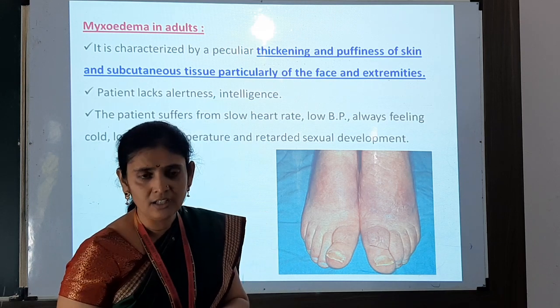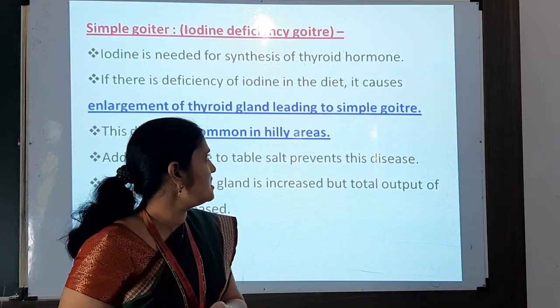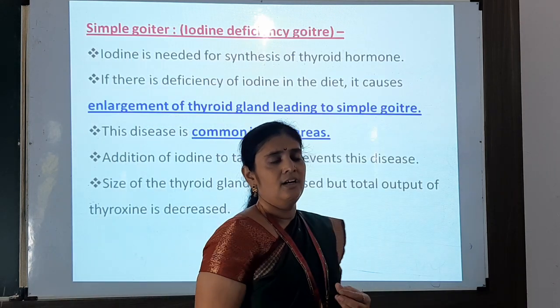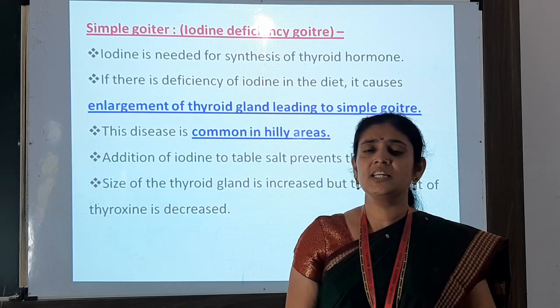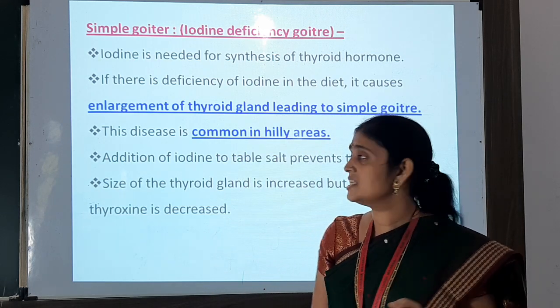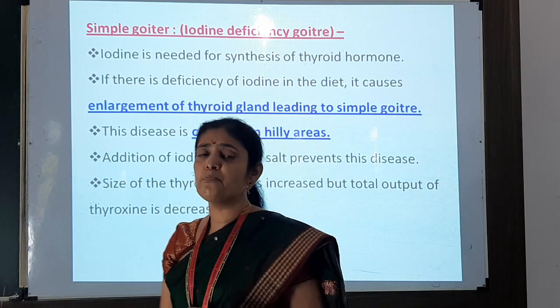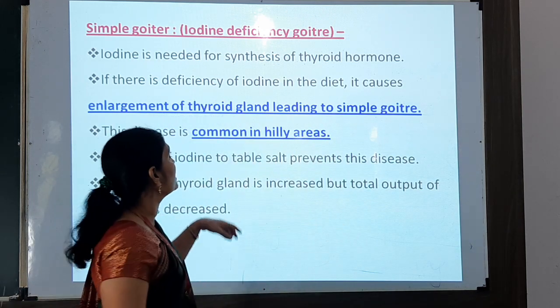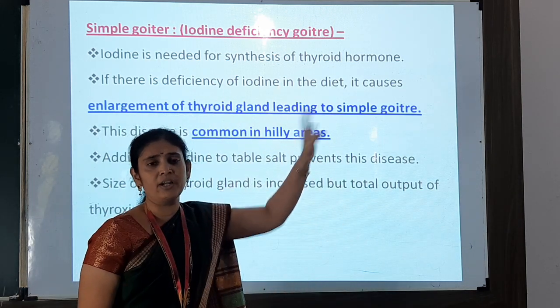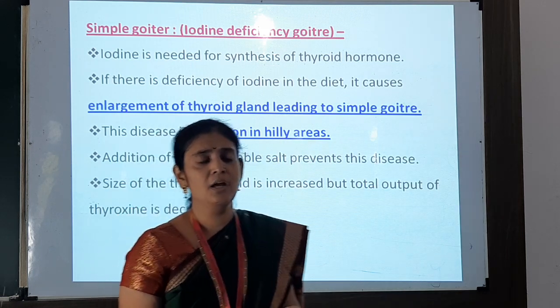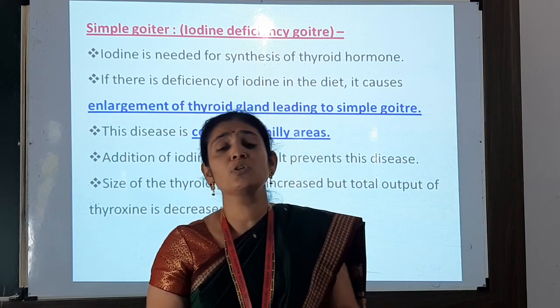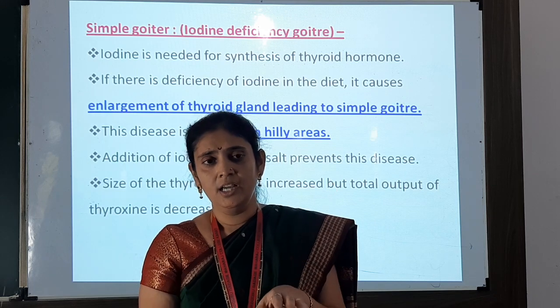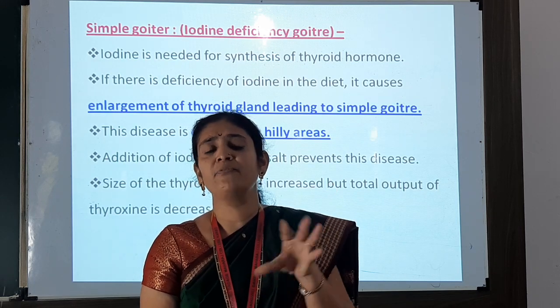So these are different factors. Now we can see here a condition caused only by iodine deficiency. We can see here formation of simple goiter, which is also called iodine deficiency goiter. It is not produced by hypersecretion or hyposecretion of thyroxine, but it is formed due to iodine deficiency in the